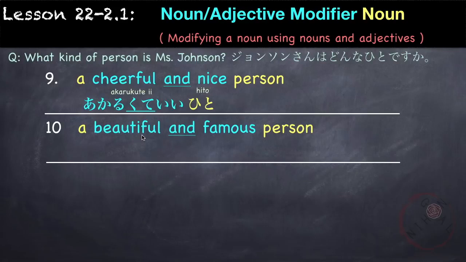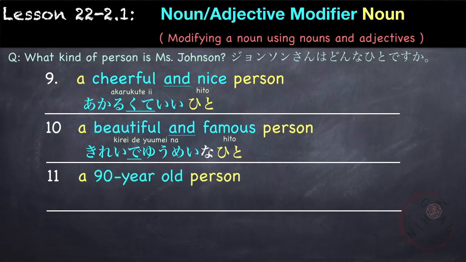These are na adjectives. So we say きれいで有名な人。